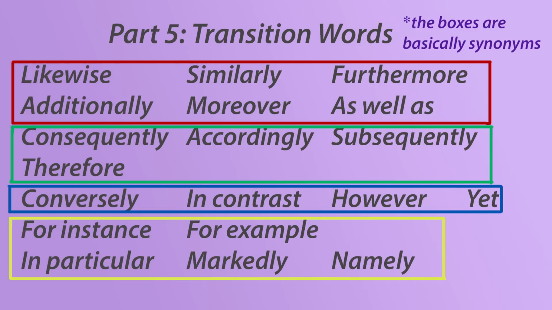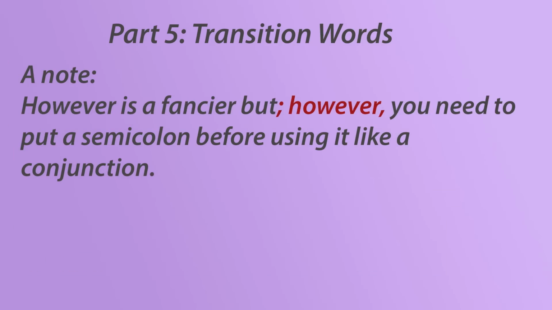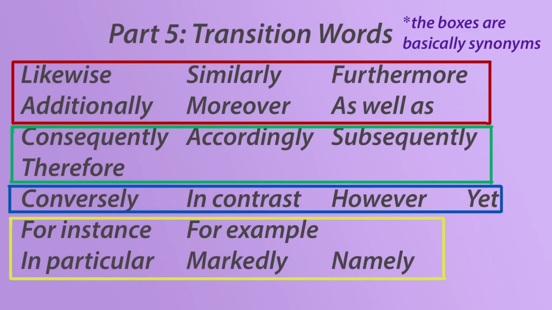Likewise is the same as saying similarly, nevertheless is like despite the odds, moreover is additionally, and however is a fancier but. Khan Academy has pretty good practice on this. Basically, read the two sentences you're trying to connect and figure out what their relationship is. And if two of the answer choices mean the same thing, you know it can't be either one of them.